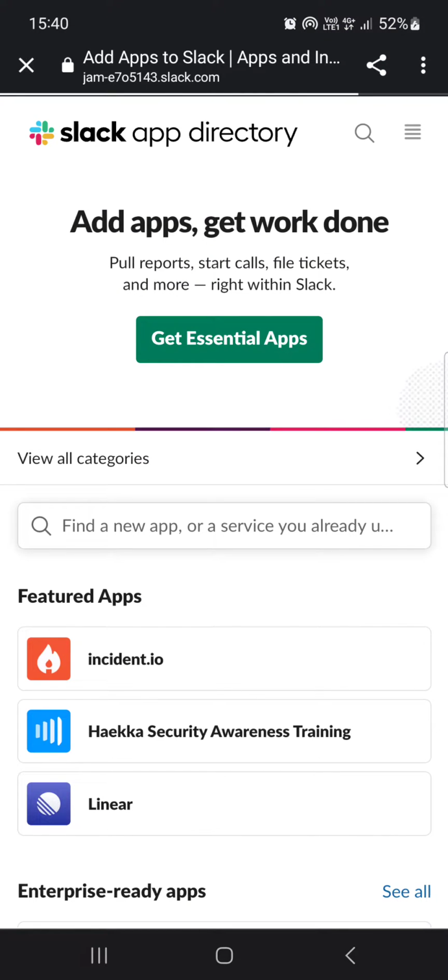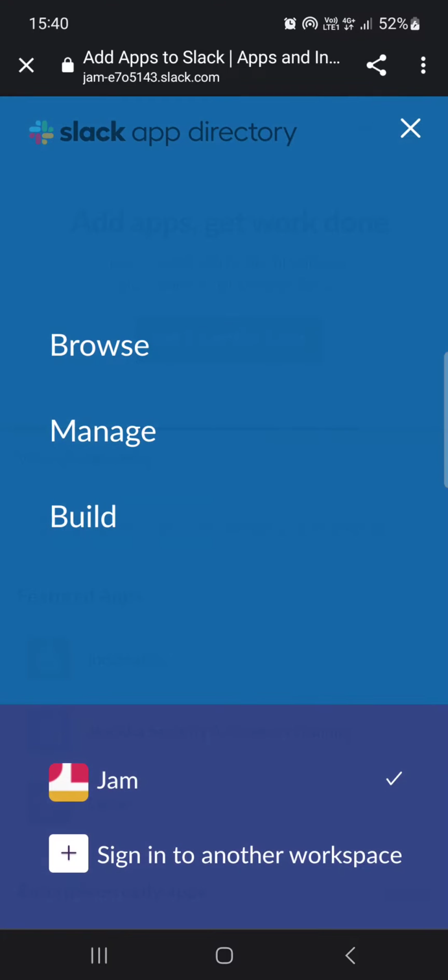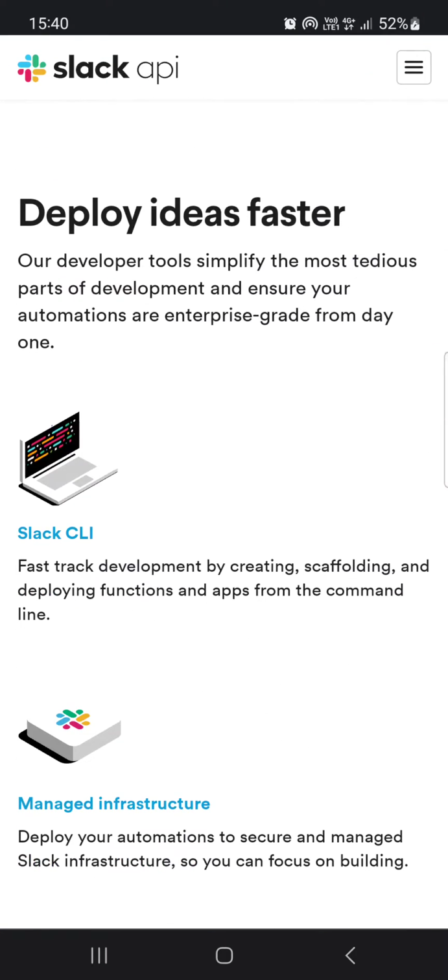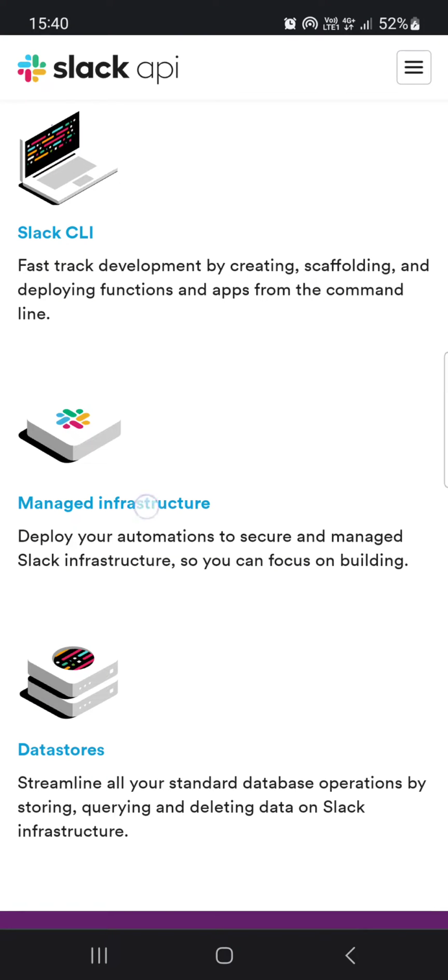And here, after the app has redirected us, we just tap on the 4 parallel lines in the top right corner. Then we tap on Build. Here in this section, we just have to scroll down, and under Deploy IDS Faster, tap on Managed Infrastructure,